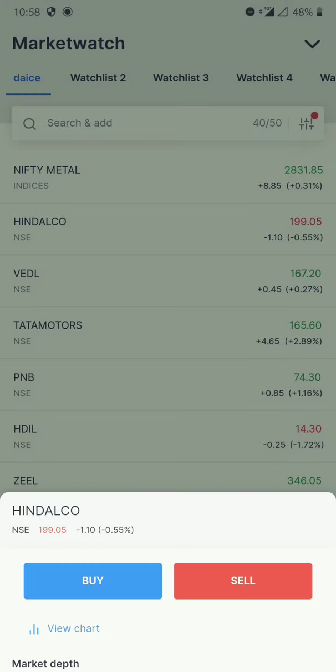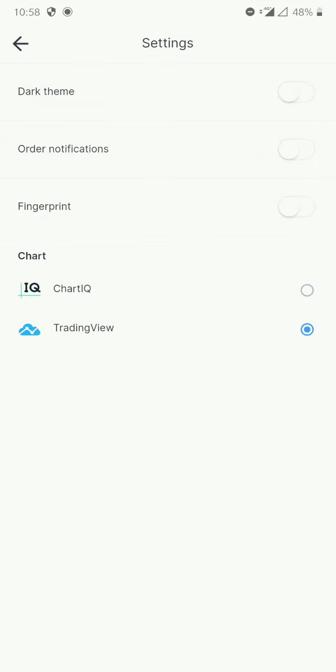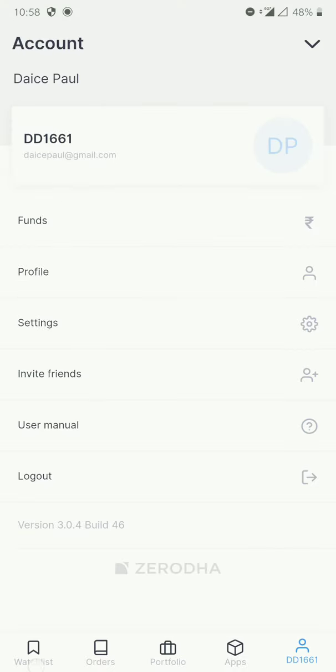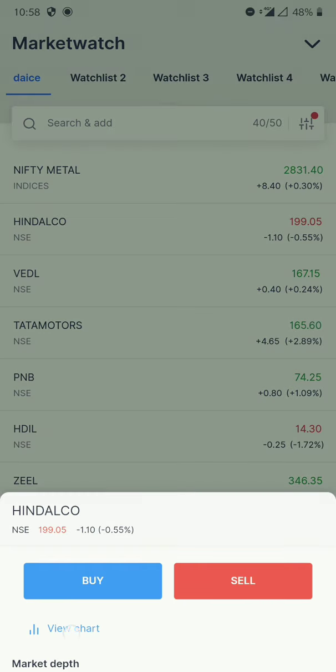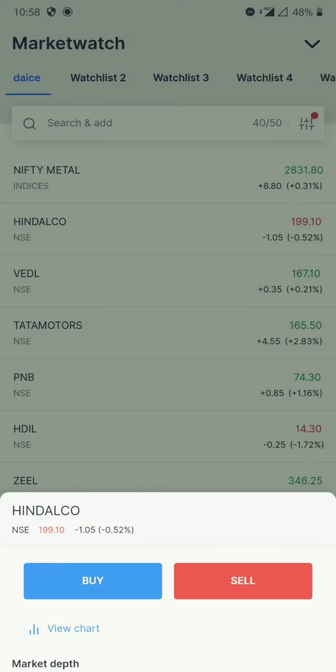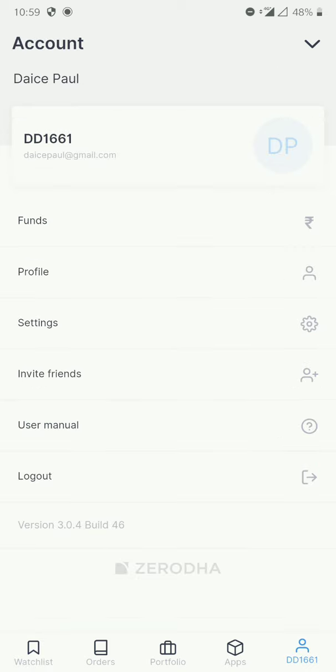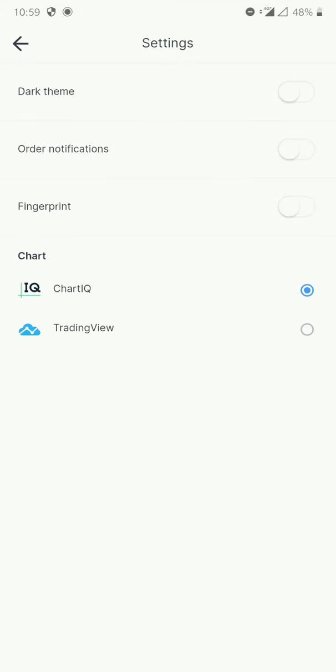If you don't want this, you can go back and choose the regular chart IQ. I think you guys are familiar with the older version, which is easier in terms of the mobile application. Anyway, you can change your settings based on your experience. Same way you can change the watch list and all those names. Rest everything is